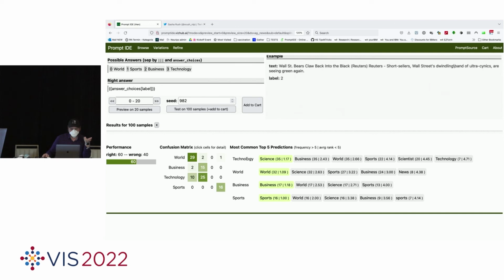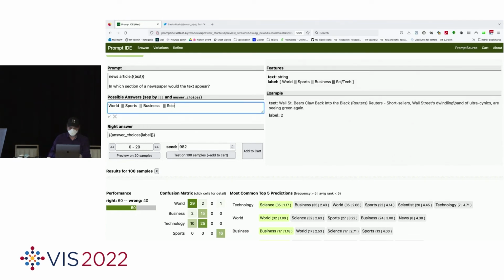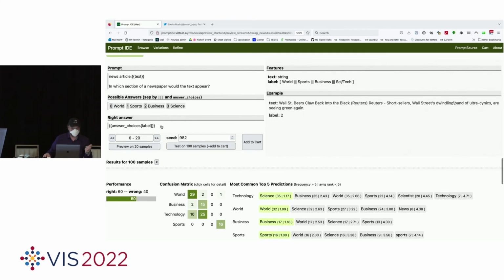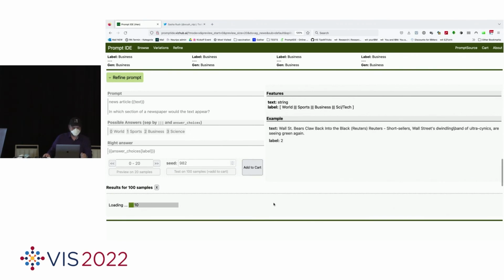And we observe now that for the label technology, or the label that we chose named technology, actually the word science was very, very often produced. And again, we can go back and call this whole thing science instead of technology. Again, it doesn't matter how we call it later. And test this whole thing again. And to take the suspense out, it should perform better.